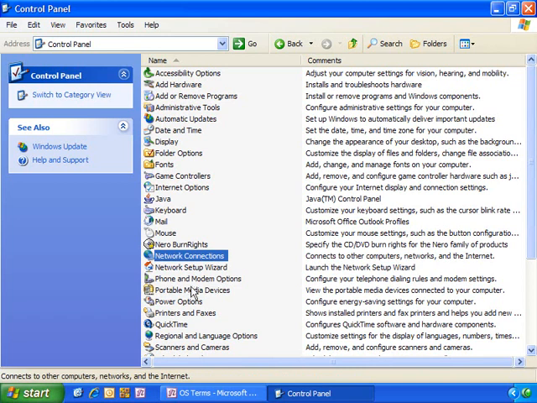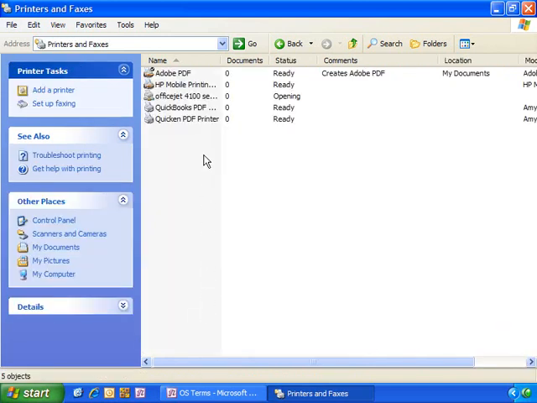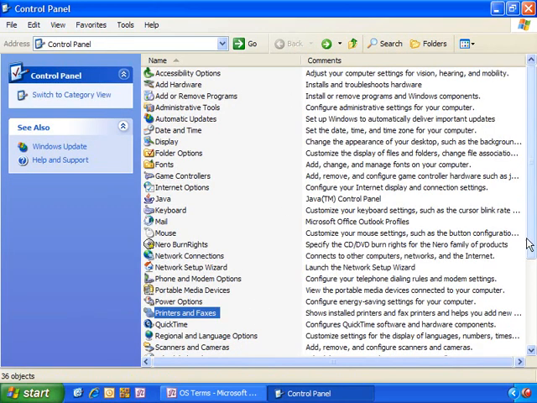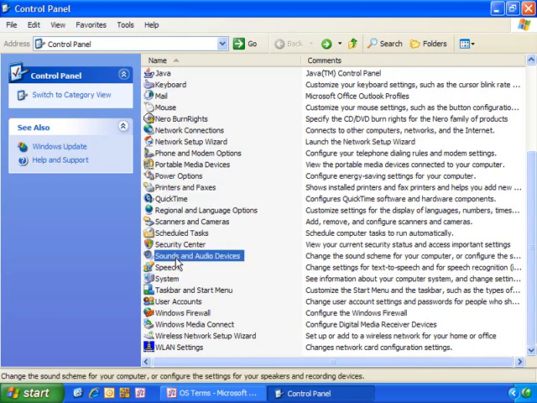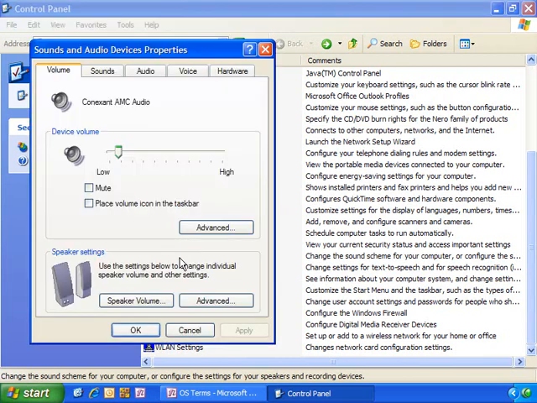Network connections, phone and modem options, portable media devices, power options, printers and faxes. Here's where I go in and I control what printers I have on my system, and I can add new printers. If I click back, scroll down some more, scanners and cameras, scheduled tasks. These are jobs you want to perform on your computer when you're not there. The Windows Security Center, sounds and audio devices. This is where I set the volume